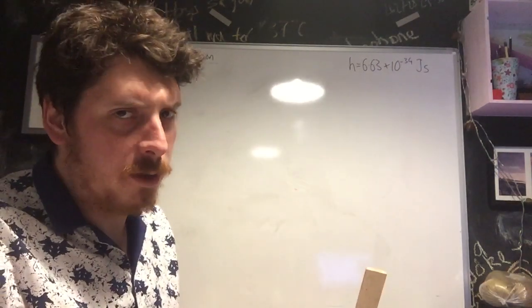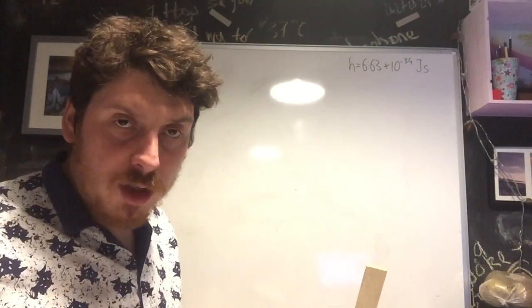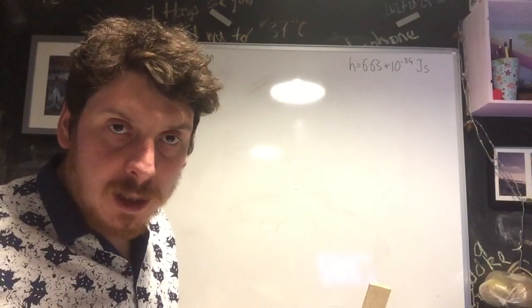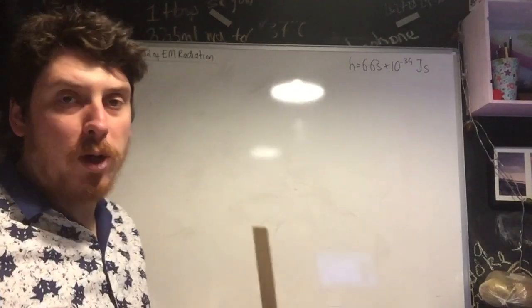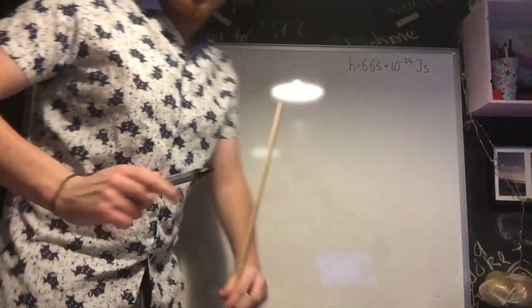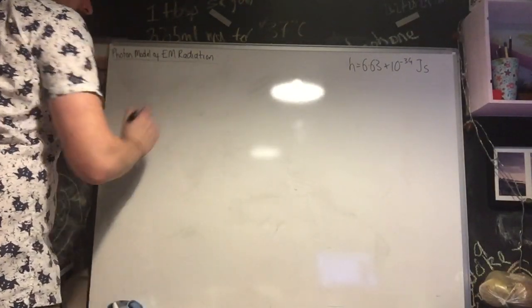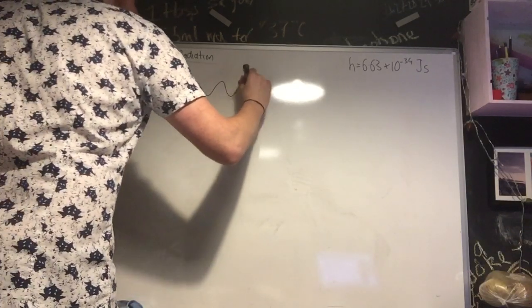Hello. What I am going to do is talk about the photon model of radiation in relation to particles. This is on AQA A level, and it's from section 3.2.1.3. Right, okay. So, in terms of the link to the EM spectrum, what we should remember from our GCSE